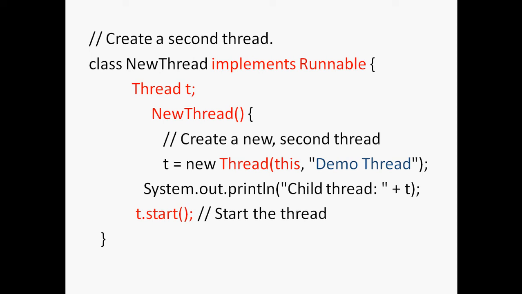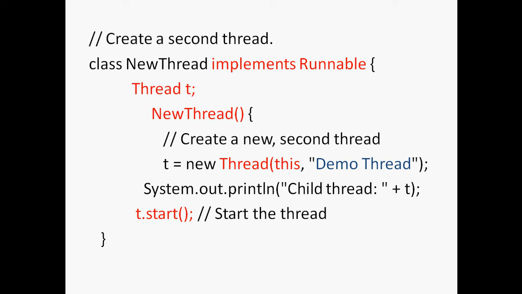So Thread is a built-in, standard class. For that we are creating one object, t, of type Thread. Next, it calls the constructor function, NewThread. The class name is also NewThread, and the constructor function is also NewThread. Within the constructor function NewThread, you assign t = new Thread, so new allocates the memory for this thread, and the class name is Thread. And this is a pointer, it holds the address of the currently calling object. So here this contains the address of the object t, and the name of that newly created thread is Demo Thread. So t = new Thread.